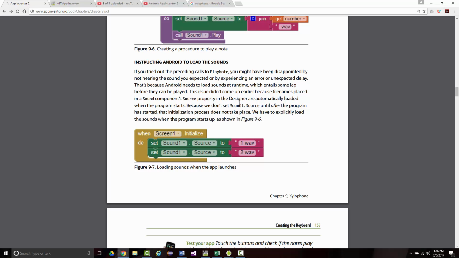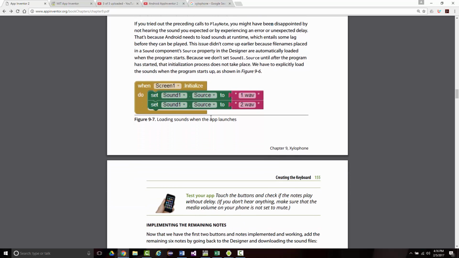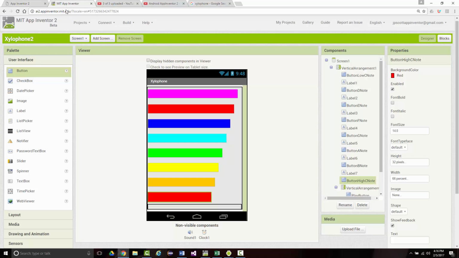So it says here, this issue didn't come up earlier because file names placed in a sound component's Source property in the designer are automatically loaded when the program starts. Because we don't set the Sound1 Source until after the program is started, that initialization process does not take place. So what we have to do is specifically load the sounds when the program starts up. So I'm going to do that and see if it helps in the way the